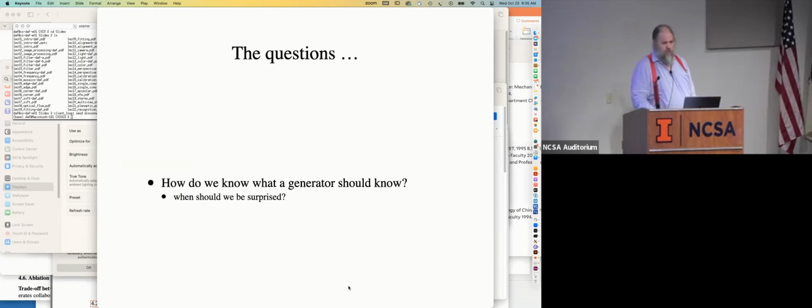Okay, there are some questions. The big intellectual question posed by all of this, and I think this is true for large language model generators, just generators in general, is: how do we know what a generator should know? So Anand and Daniel and Derek and I had endless trouble with NeurIPS referees on this paper, because half of them said it was completely obvious that the image generator knew this stuff, so why were we interested? And the other half said, this is astonishing that it knows this. So it's clear that there's a little bit of difficulty in knowing how to know what something should know.